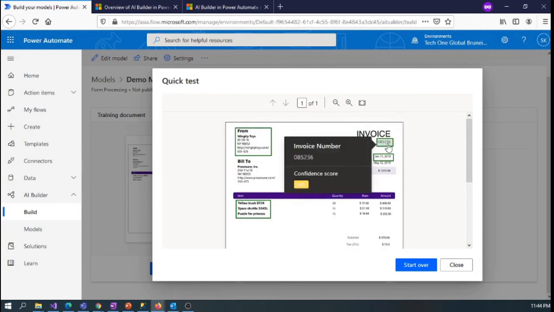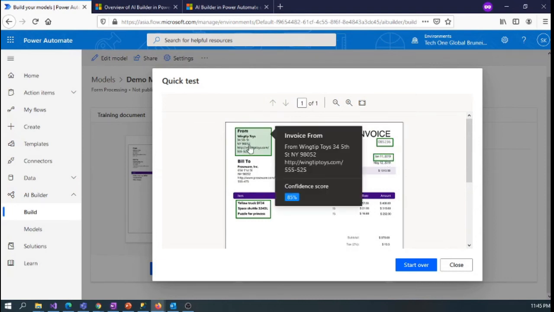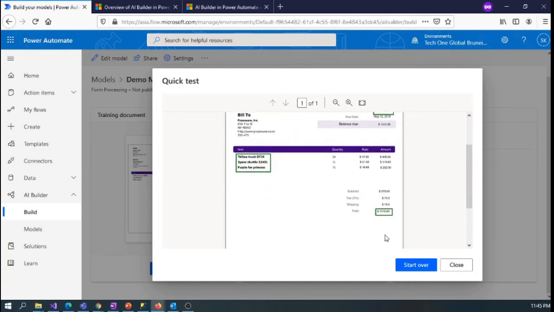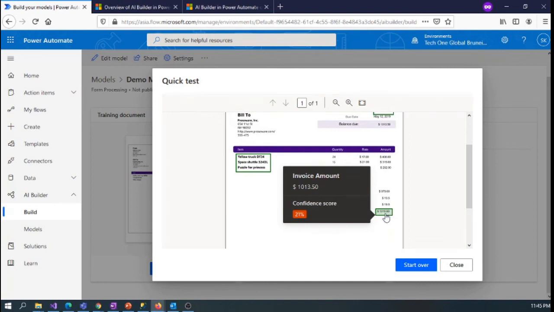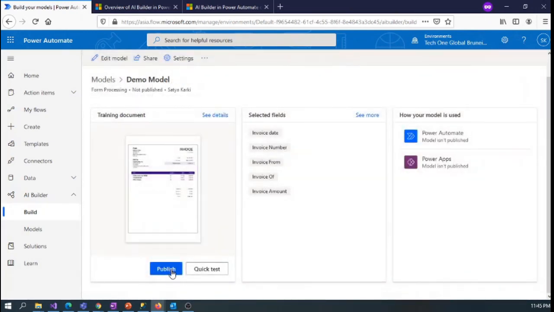For example, this is our invoice number, so it is showing it's an invoice number. This is an invoice date and it's showing as an invoice date. This is invoice from, and this is invoice of, and this is invoice amount. So our test is completed.